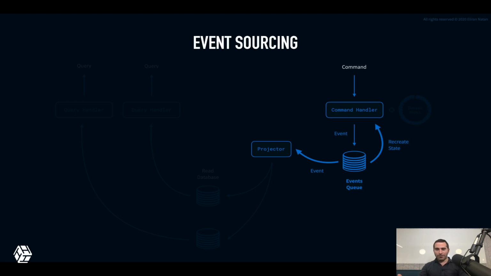There is no redundant information here because it's the exact way of how things happen, and there is no missing information here. We are not losing even a bit of data, because your system is basically defined by stuff that happened in the world and arrived to the command handler. So keeping only the events in the event queue is safe, and it also makes your write model very fast